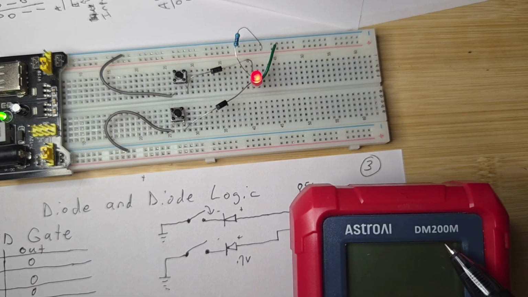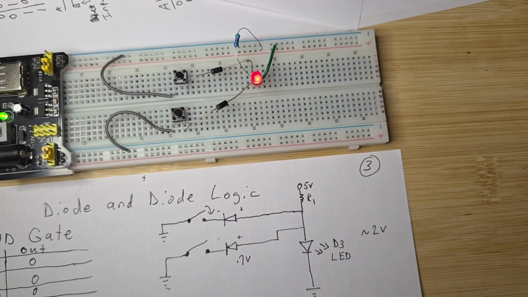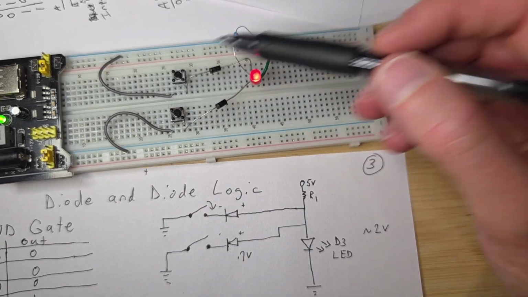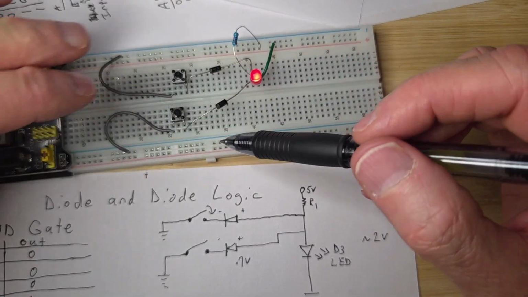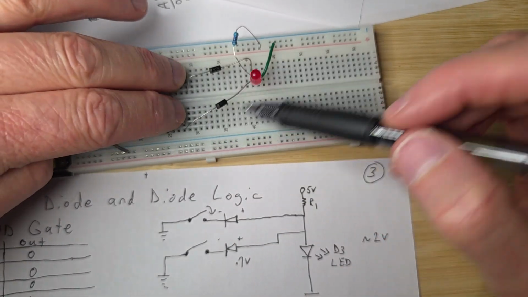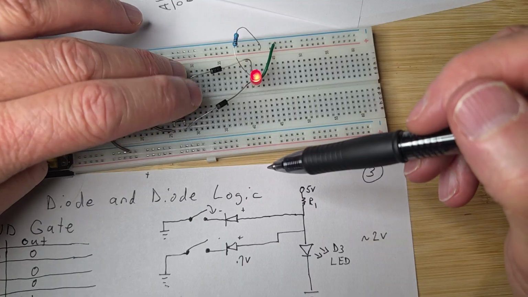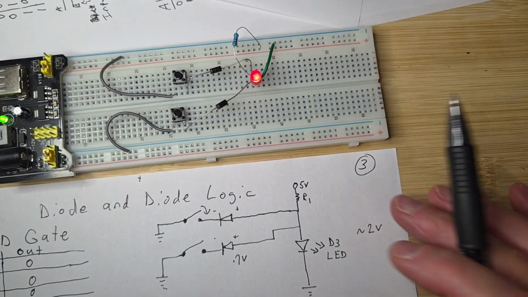Astro AI DM200M. It does beep a lot at you if you're not using it. So just pretend right now this is 1 and 1. We get a high, right? 0 0, I mean 0 0, we would get a low output, and then A is low, we get a low output. B is low, we get a low output. So there you go, that's an AND gate,